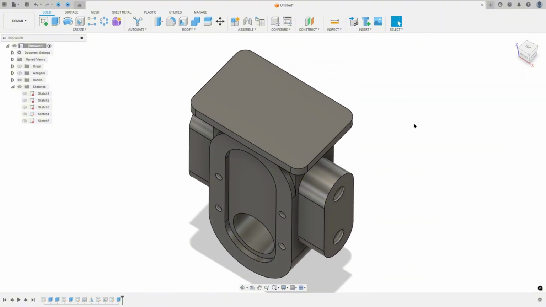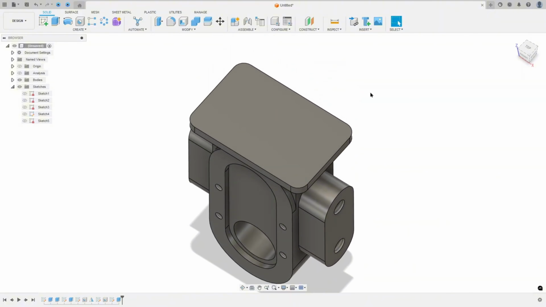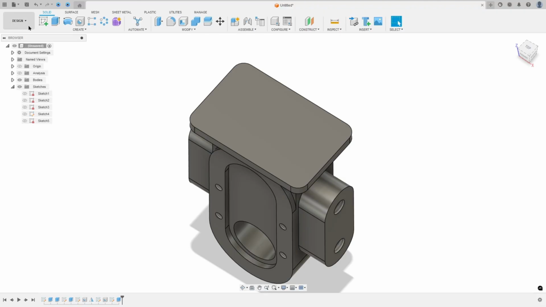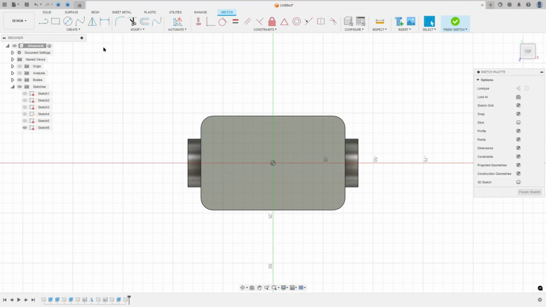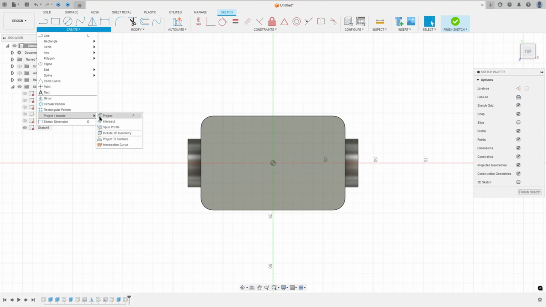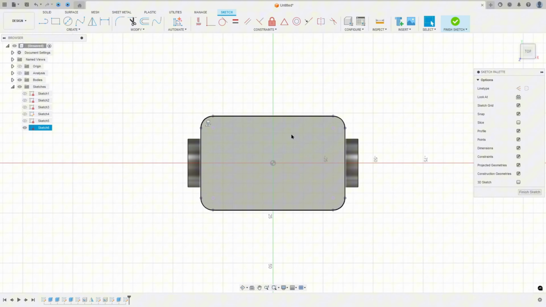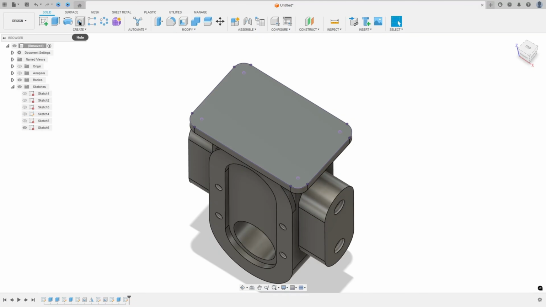Press OK. Now let's create these holes here. Okay. So go to create a sketch, select this face, go to create project, include project, select this face here and press OK. We have these points here where will be the holes. Okay, finish the sketch, go to holes,